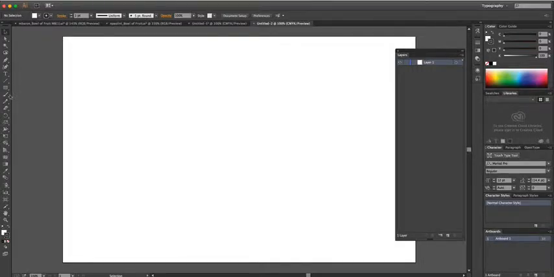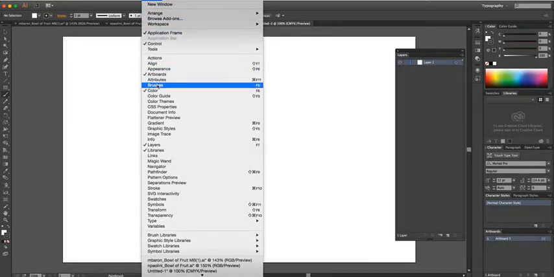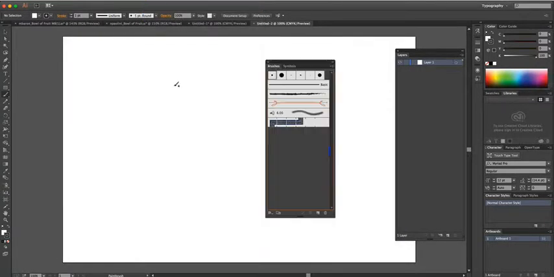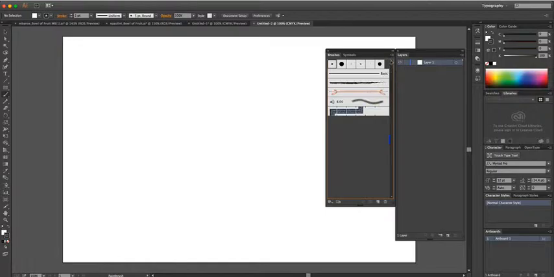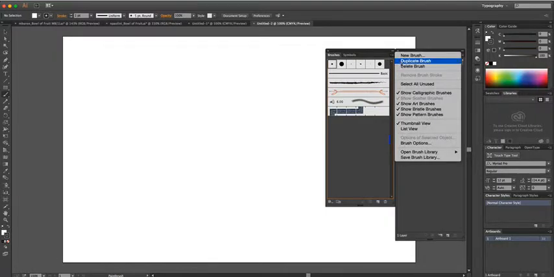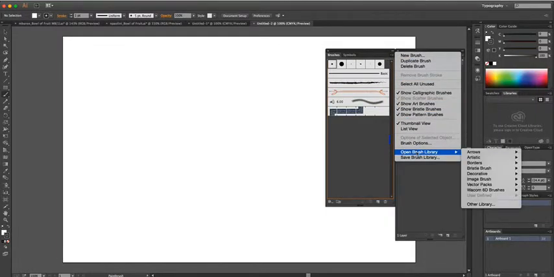To paint with the brush, first of all, you would select the paintbrush tool. Next, you would want to see what brushes are available. If you go to Window, scroll down to Brushes, and open the panel, you'll see a series of default brushes. In the top corner, there's a drop-down menu that allows you to go to Open Brush Library, and there are